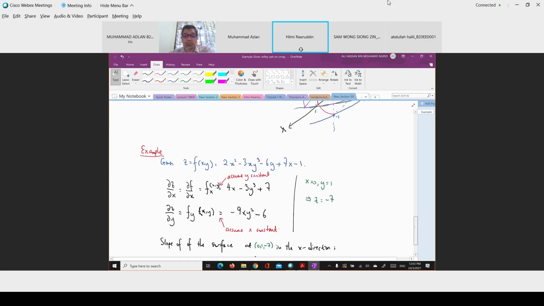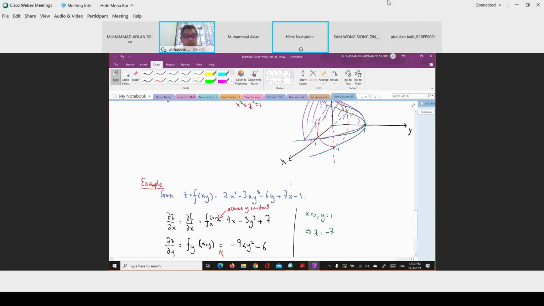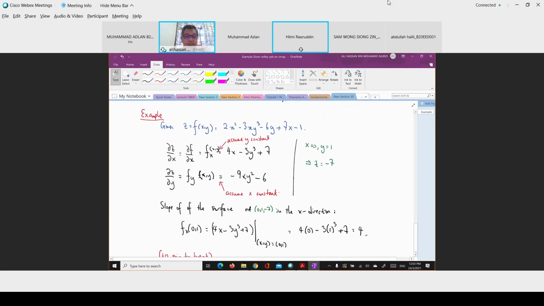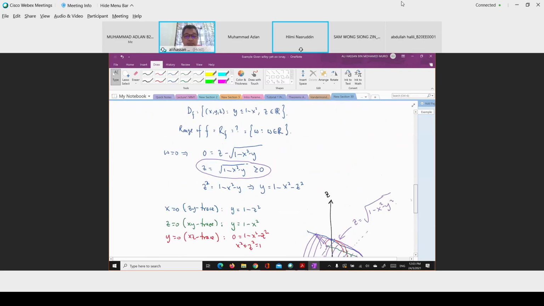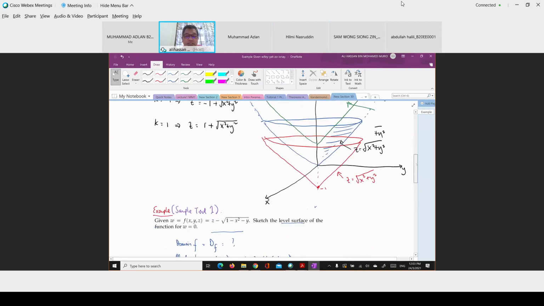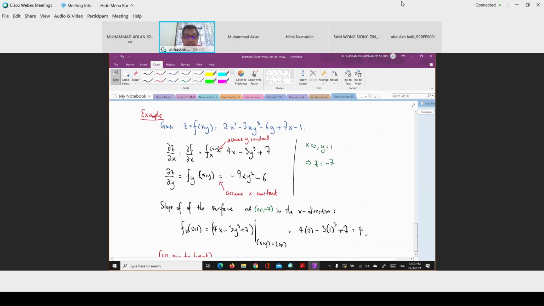You see, in this equation, we are given x equal to 0, y equal to 1. So this is a point on the surface, right? Normally, if we have a point on the surface, the point is in terms of x, y, z. So if I replace x equal to 0, y equal to 1,